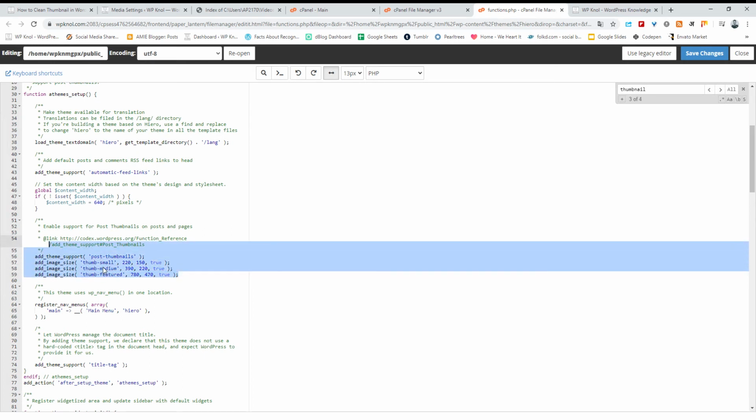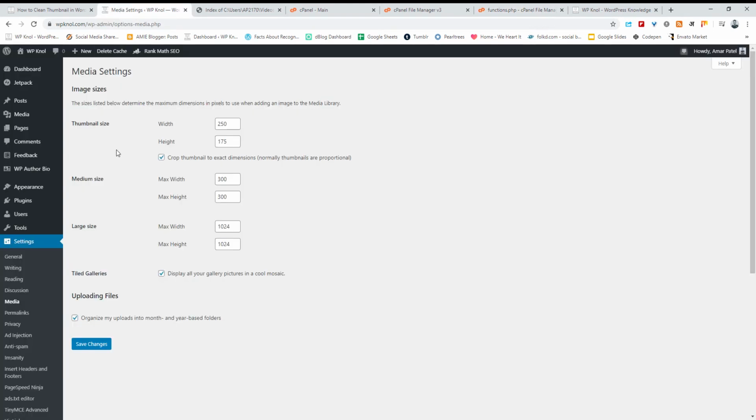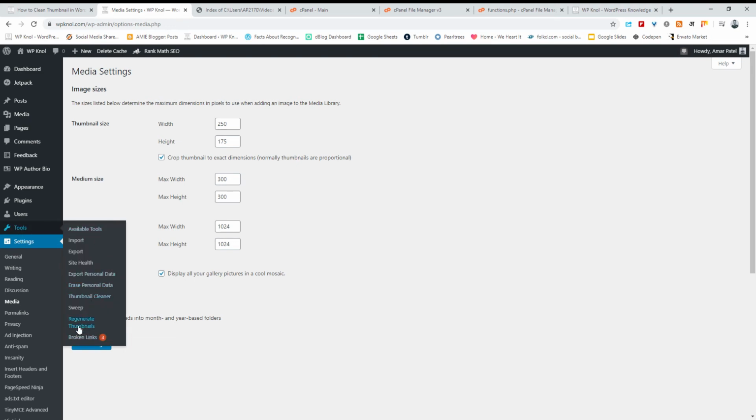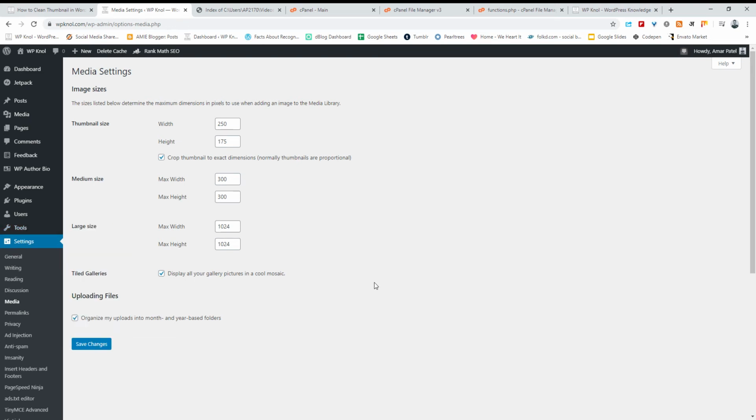Whenever we change our thumbnail size here, then we have to regenerate the thumbnails. For this you can use plugins like a thumbnail generator. So basically what happens when we change from one theme to another theme is that we have to again regenerate the thumbnail sizes according to that theme.